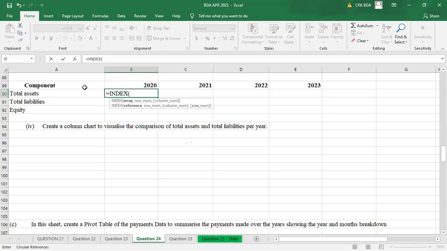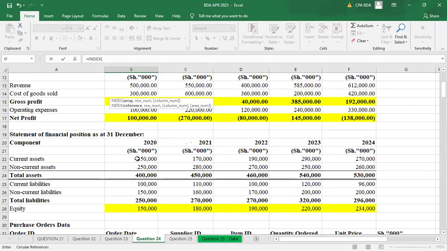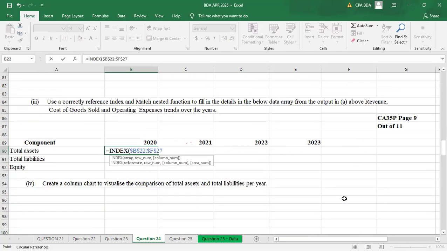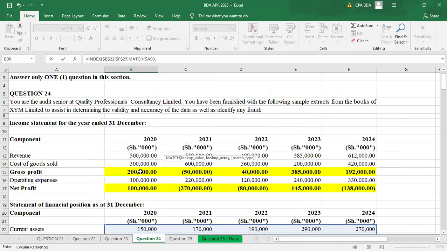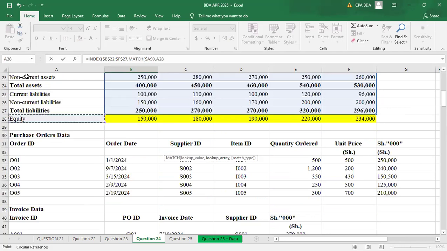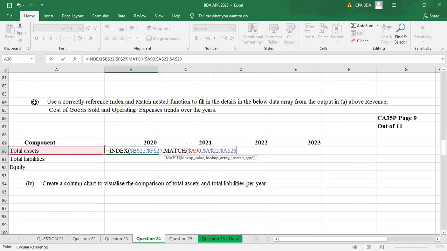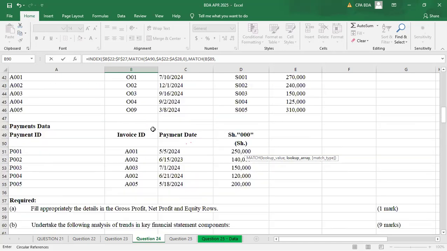So index array, the statement of financial position, F4, comma, match, lookup value, total assets, you only lock A, lookup array, I'm looking it from here, F4, 0 for an exact match, then the second match again, match, lookup value, 2020 the year, you only lock the row, lookup array, the years,